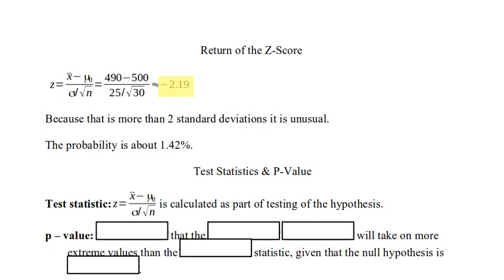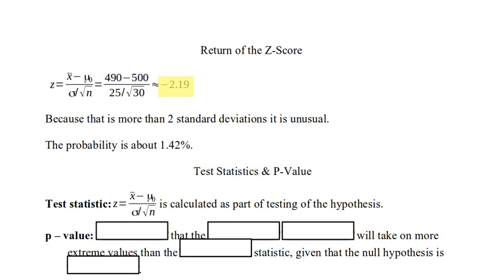Remember, we're allowed to assume that the null hypothesis is correct. So that gives us a population standard deviation and a population mean. Our sample mean of 490 is actually negative 2, that is, 2 standard deviations to the left. Now the question is, what is the probability of being 2 standard deviations to the left or more extreme? And the probability is about